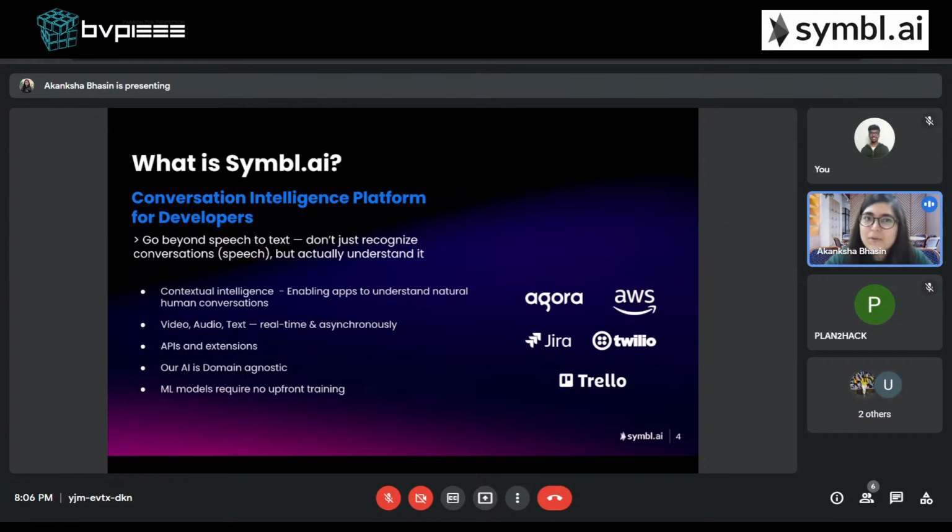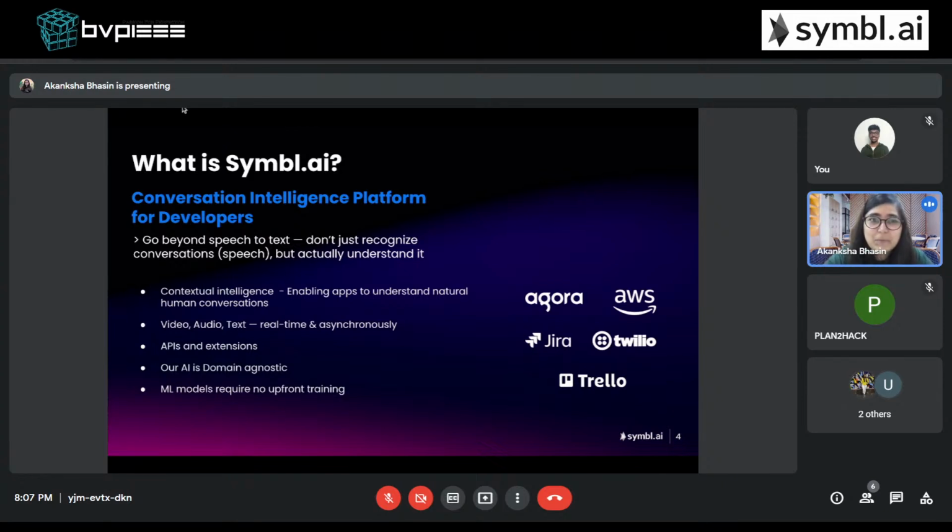We also have an awesome suite of APIs and SDKs that work with the REST interface for recorded files, URLs, or even streaming audio using WebSockets. So, if you are a voice developer, you will geek out on this, and if you are not, you will be one today. And apart from that, you can also stream audio directly from your device to Symbl, use video recordings or webinars, or build with Agora or Twilio. There's a lot more to do over here.